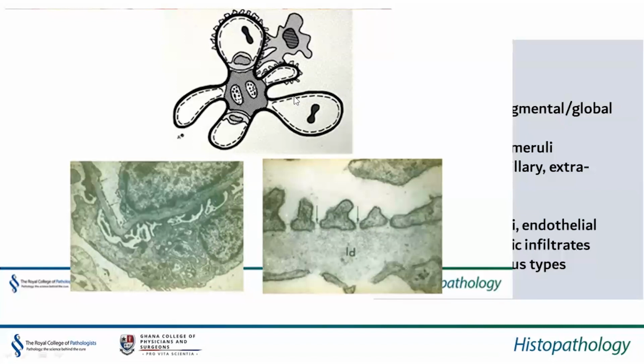Anything that damages the basement membrane, anything that interferes with the function of the podocyte will result in loss of these components into the urine and result in disease. So what do we evaluate at electron microscopy? Of course, we evaluate the podocytes and their foot processes. We look for the presence of electron-dense deposits and their location, and we study the status of the glomerular basement